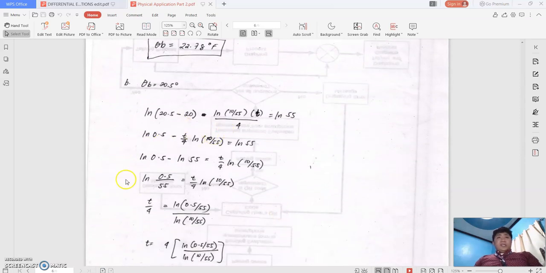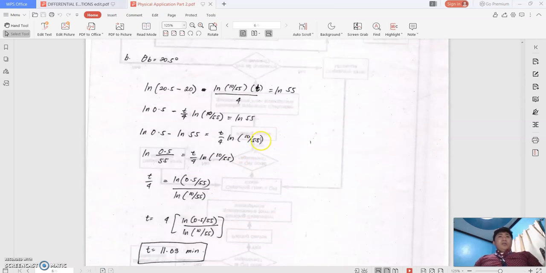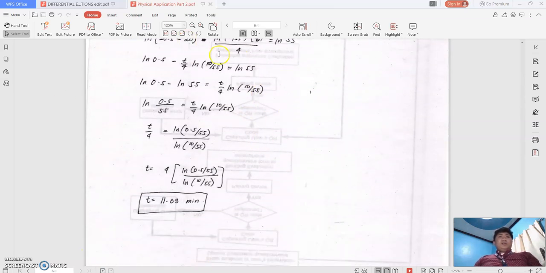After that, this is all algebra, okay? So you could use your calculator directly here so that you could get the t. So no problem. So what I'm doing here is so that you could know how to do some discussions in logarithms, because there are still some of you who get confused on how to use the logarithm. Okay, from here,